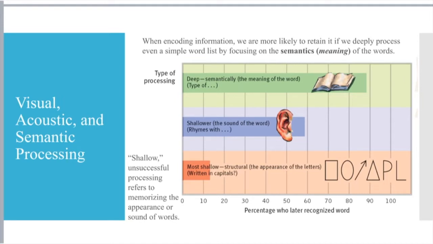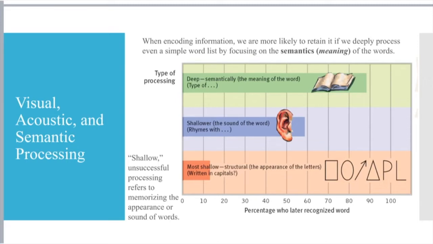So you might see the letters plane, P-L-A-N-E, right? Like we saw on the previous slide. You might see those letters, but when you're recalling that word, you aren't recalling the individual letters, right? You're recalling your memory of the word and the visual that is associated with the letters P-L-A-N-E.